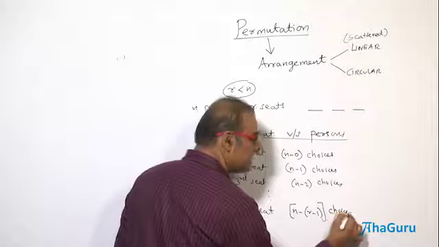Okay, so let me take a general one. I have n persons and r seats, right? And let us take a case that r is less than n. Correct? That means I have to look from which point of view? Seats versus persons, right? Person versus seats will not work. We need to see seats versus persons.